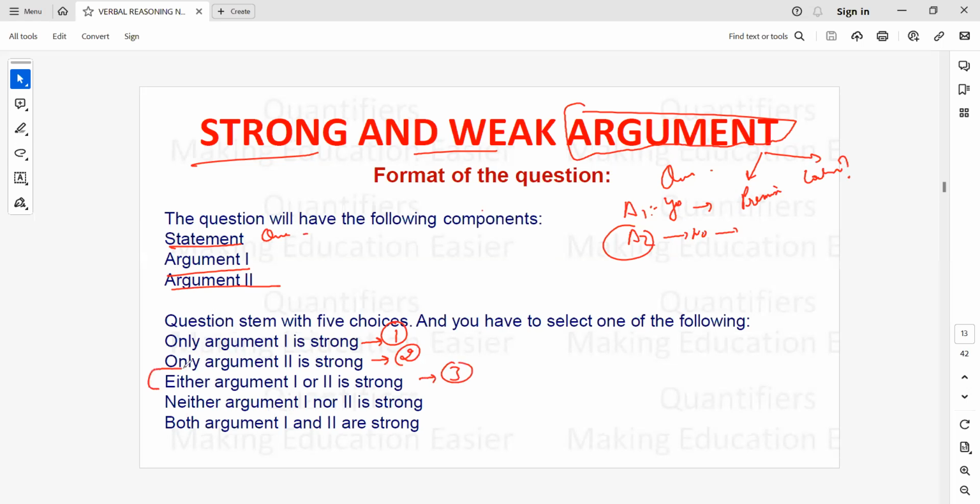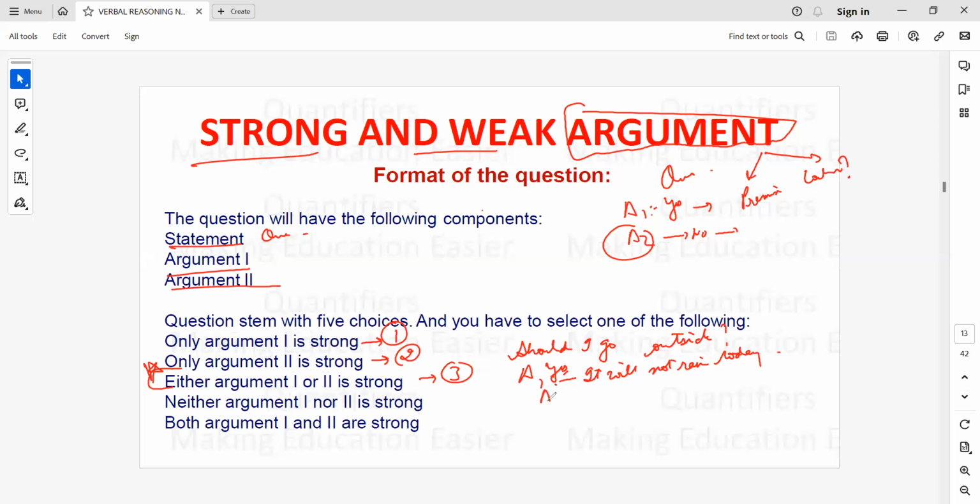Now, "either" here plays a somewhat vital role, right? Now, what is the either-or option? In case we find that the answer is either, it's generally in the case of strong and weak arguments. Now, what is this either, argument one and strong? For example, let us say, should I go outside? Very simple example, right? So there's the question statement, should I go outside? And one argument is saying yes, it will not rain today. So it is saying yes, it will not rain today.